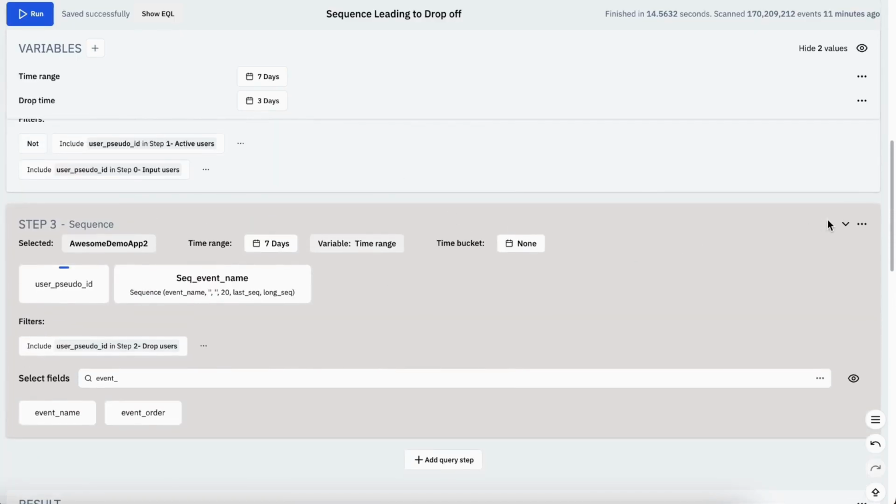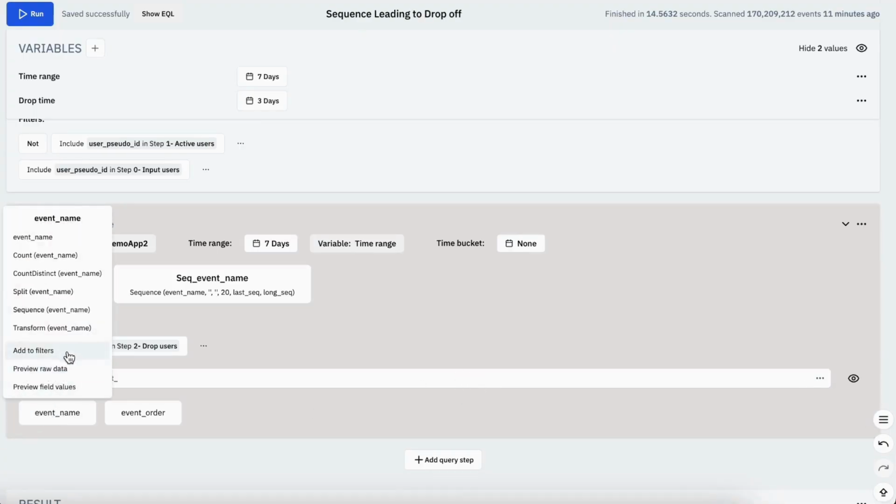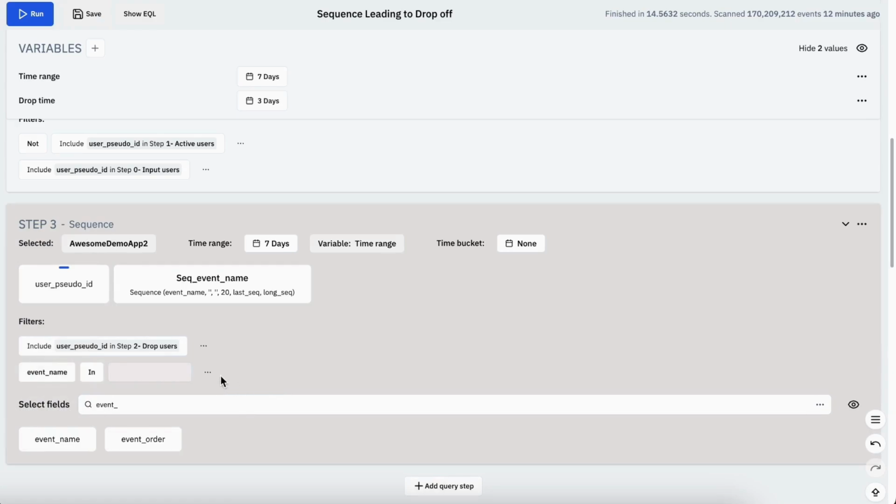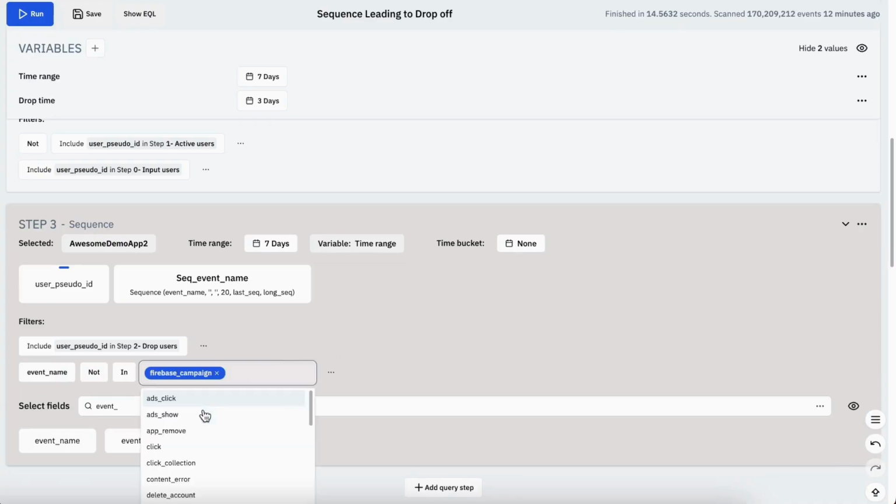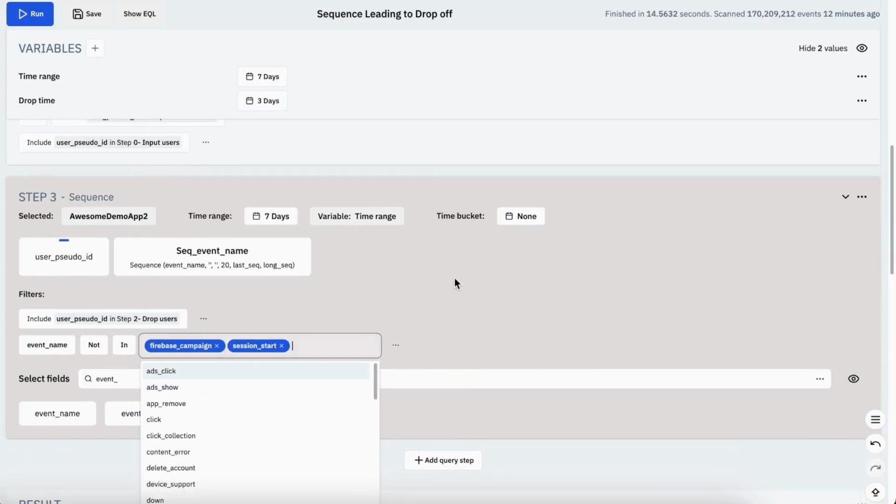To do that, I'll open the sequence configuration and add a filter. In the filter, under Event Name, I'll select Event Not In, and then I can start typing in the events that I want to exclude. For example, I'll type Firebase campaign since it's not meaningful here. I'll also exclude Session Start because it's another default event and not part of the behavior I want to study.